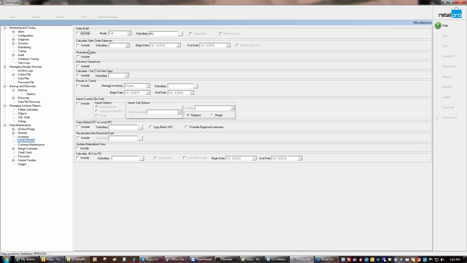You could use this if you notice this setting right here. If you notice that your sales orders don't seem to be getting updated as people are making deposits, this setting right here is one of the first things that we would recommend trying if that's the situation. Okay,